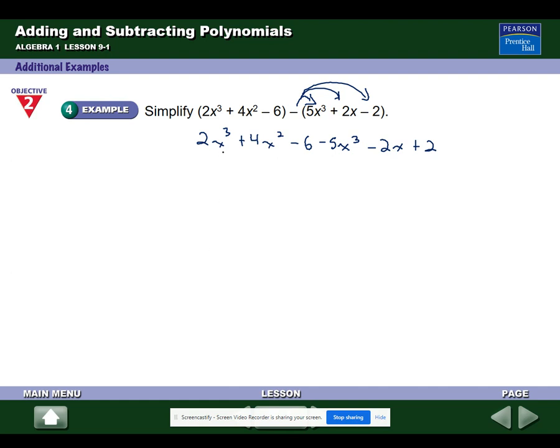And now I'm looking for like terms. 2x to the third minus 5x to the third. Those are alike. That would be negative 3x to the third. 4x squared doesn't have anything that's alike with it, so it gets its own spot there, 4x squared. I'm not sure I said that right. If I said to the third, I mean squared, plus 4x squared. The next thing, so this one's taken care of. The next thing would be negative 2x. Also, nothing alike with it. Finally, though, negative 6 plus 2